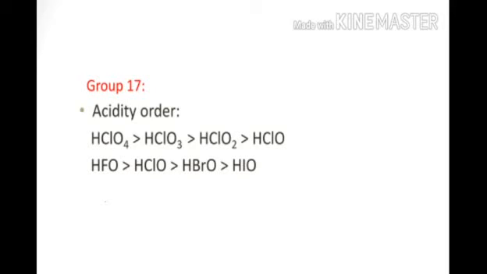Here I am giving the order: HClO4 is greater than HClO3 is greater than HClO2 is greater than HClO. At first, we can look at HClO. The dissociation of HClO may form H+ and